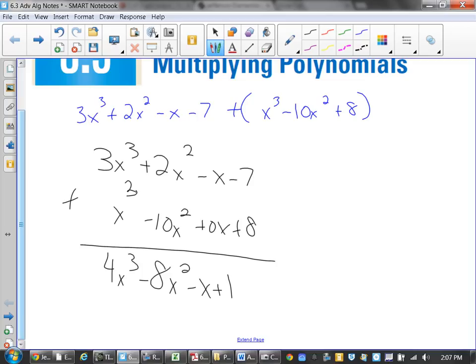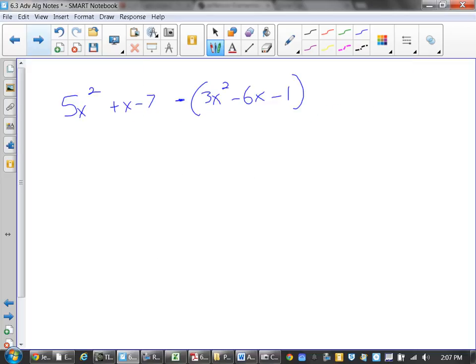What you're going to screw up is the subtraction. That's probably what's going to happen. You will screw up the subtraction because the way that they write it is they write it as subtraction of the whole thing. You guys tend to forget to distribute the negative to each of the terms. It is a very, very common thing. Let me show you what I'm talking about. In this next one here,